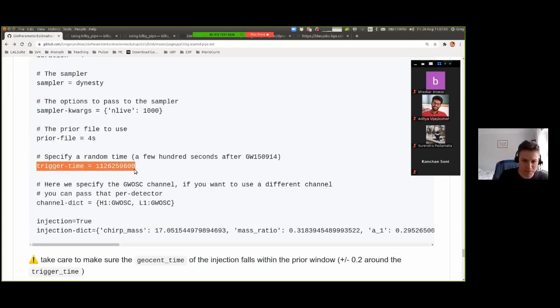This needs to be some time where there is data, and if you want to choose things randomly, you'll need to do your own data quality checks that you're not injecting into bad data or where there isn't any data, which will cause it to fall over. But then the final thing I wanted to show was these two lines: if you add these, injection equals true, and then here we give an injection dictionary. In difference to what we did before, which was to draw a random point from the prior, which is what would happen if you didn't put this injection dictionary here,